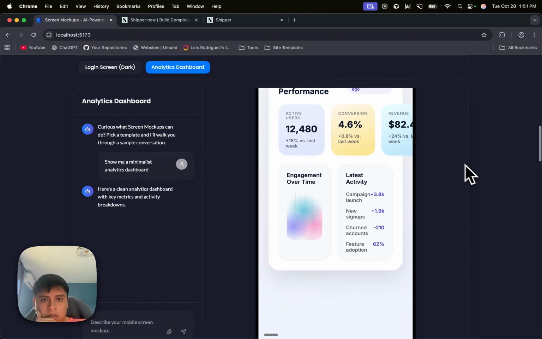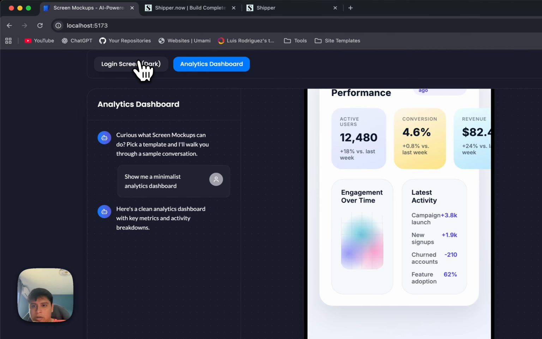It's working. I mean, the phone size is messed up again, but it asked for the change where I said